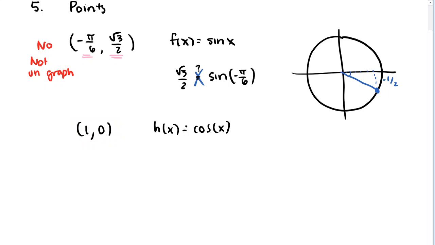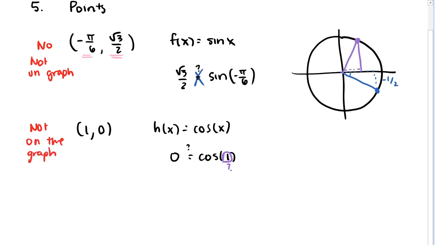And so here what that means is if I plug in 1 as the input of cosine, do I get 0 out? Well, here an angle of 1, now what does that even mean? So this means 1 radian, and 1 radian is about here. And now if I look at the x value on the unit circle at 1 radian, that's definitely not 0, that's some positive value. I don't know what it is off the top of my head without a calculator, but I know it's not 0. And so again, this is not on the graph